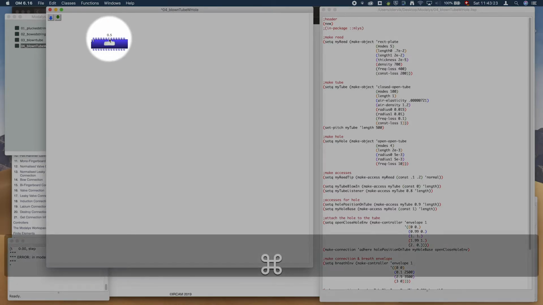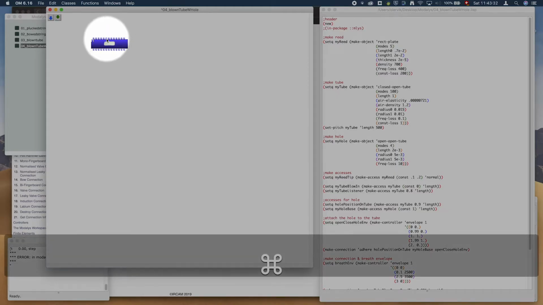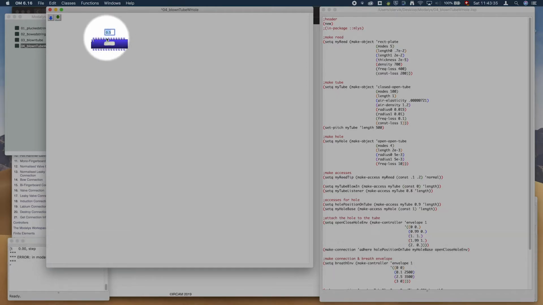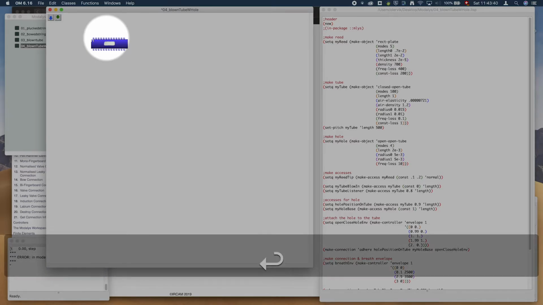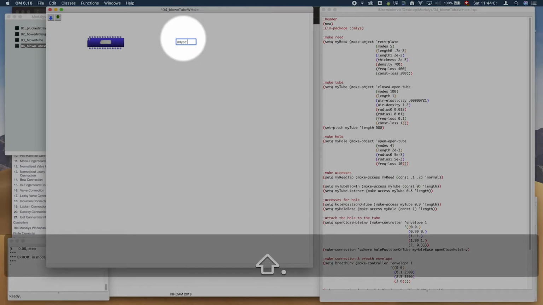The length is 2e minus 2. And the first length is, well, actually it's 7e minus 3. So there we go. And the modes are 5. There we go. Okay, now we can make our closed open tube,